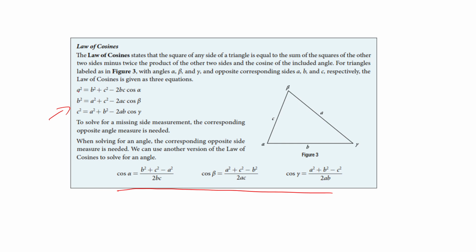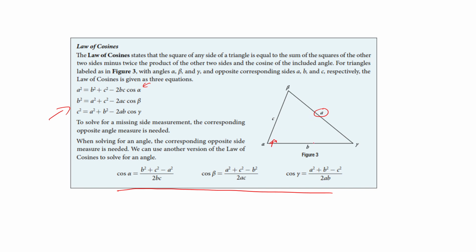We can find a missing side if we have the two other sides and the corresponding angle. I'm not saying this very well. If I am looking for this side, if I have the other two sides and the angle across from it, then I can use the law of cosines. Now, look what I have here. I do not have the complete ratio. I have two of the sides and this angle here to look for that,